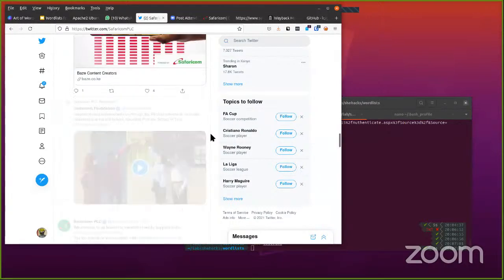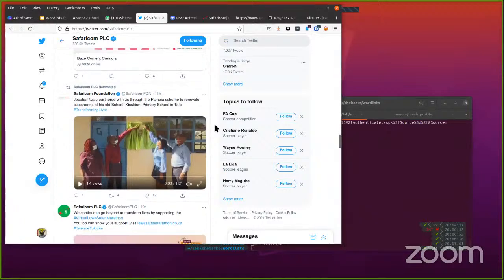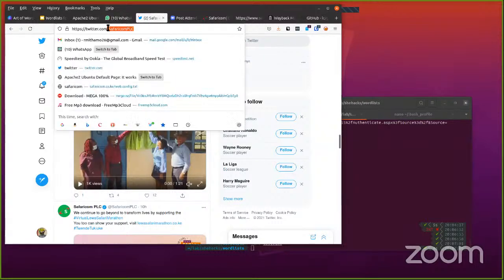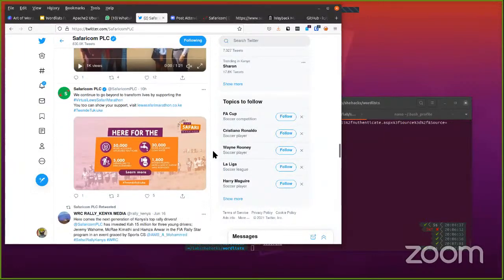There's an easier way of doing this, which is a tool called Tweepy, a command line tool that usually goes and scrapes Twitter for certain things. Maybe given a username like Safaricom PLC, it will look for all the tweets that Safaricom tweeted. Now you just go through it on the command line, which is much faster and easier than going through it manually. So as we can see, there's stuff like Safari Marathon, Twende Tukiuke, and